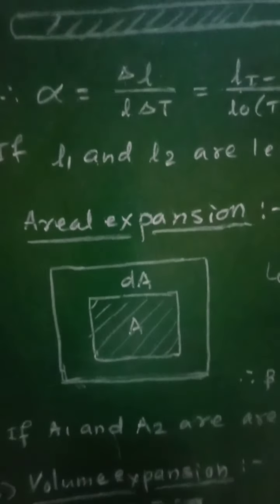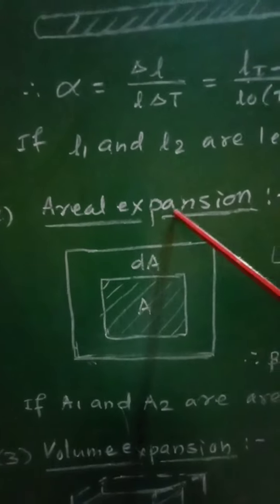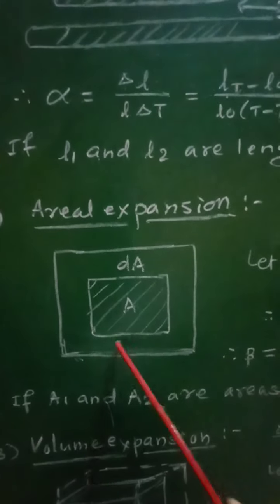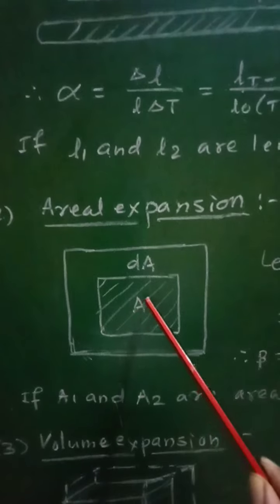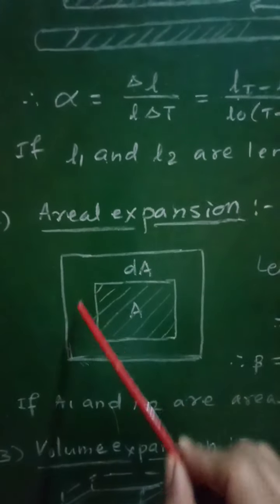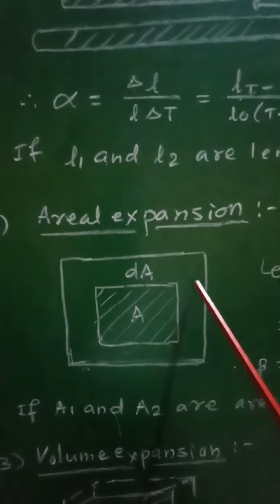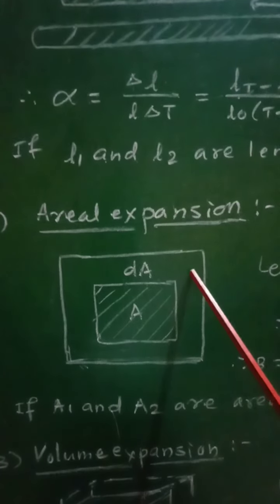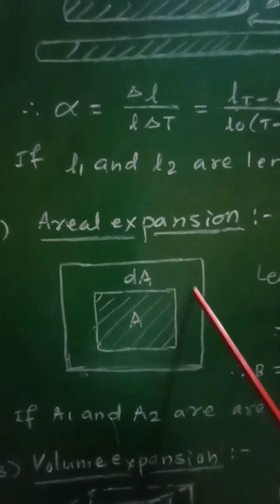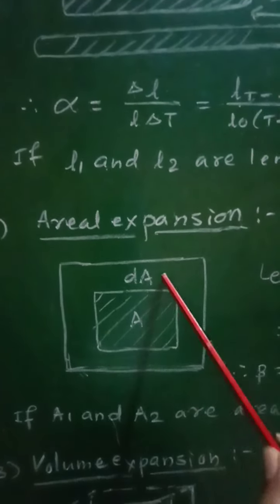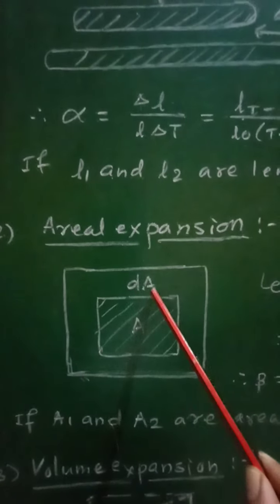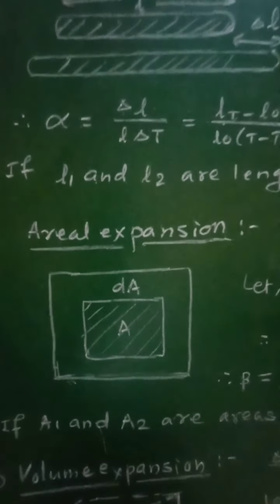And therefore, in order to explain this areal expansion, let us consider a rectangular plate having its area equal to A. Then when heat energy is supplied to it, at that time a small change in temperature will be there. Due to that change in temperature, the area of this plate will increase by delta A. It is dA or delta A. And therefore,